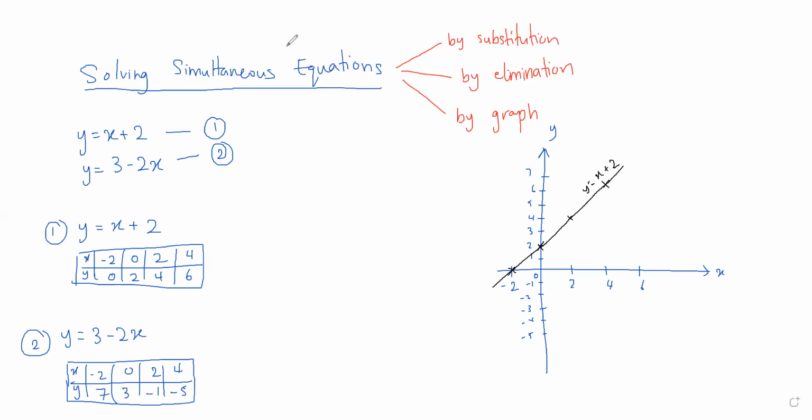Same thing, we'll plot it: negative 2, 7, roughly here; 0, 3; 2, negative 1; and 4, negative 5. If we draw a straight line,